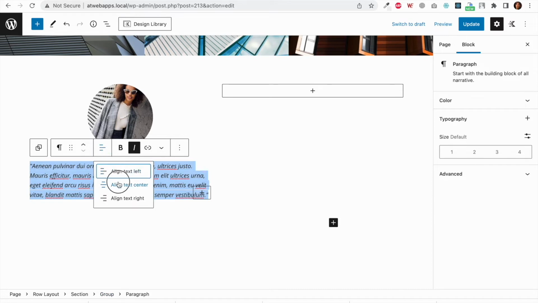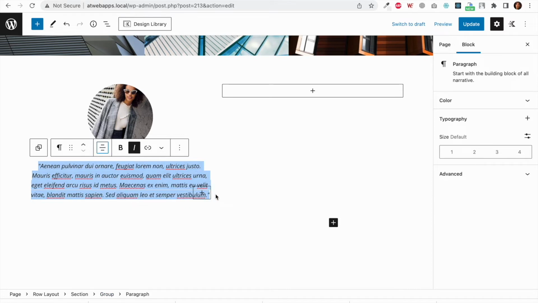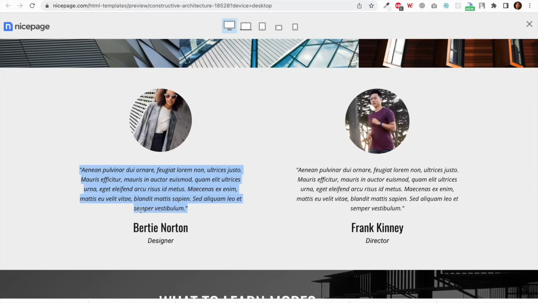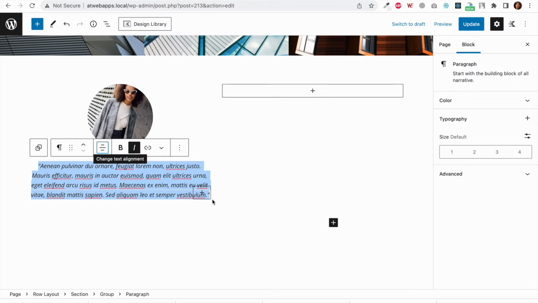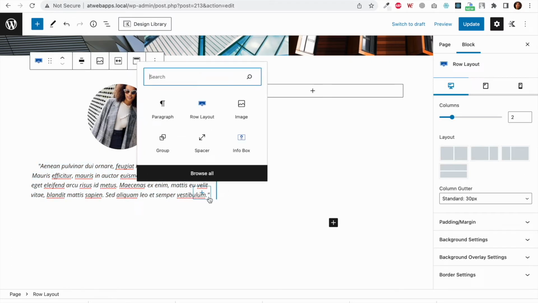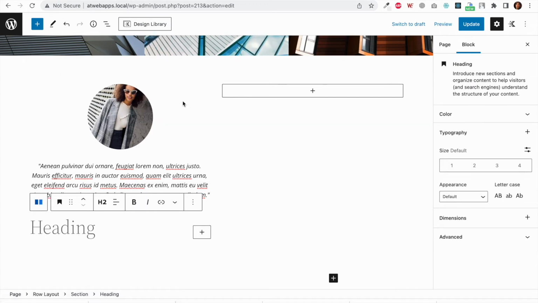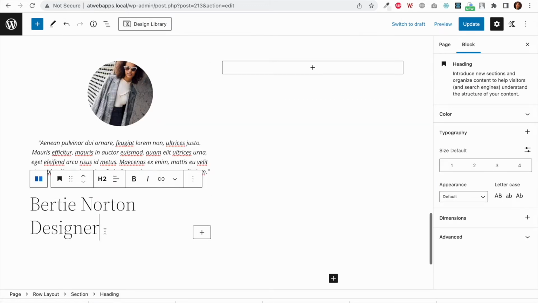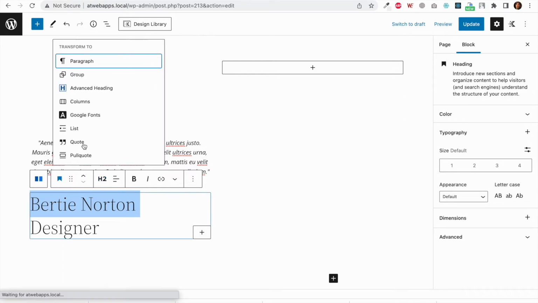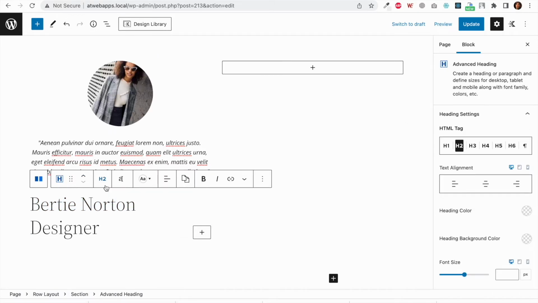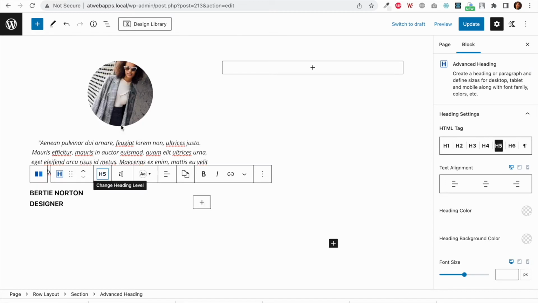Okay, I will align it to center and I will copy the last piece of the text, which is the person name and the job title. Okay, I will add a heading. I will paste it and transform it to advanced heading, and I don't want it to be H2, instead I want it